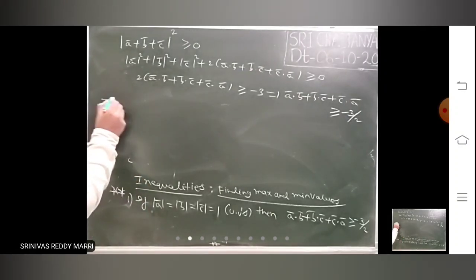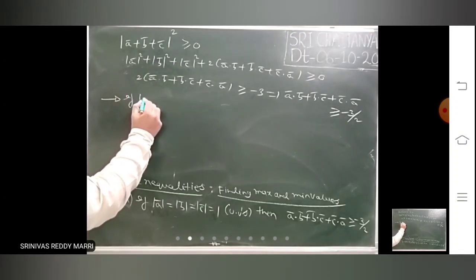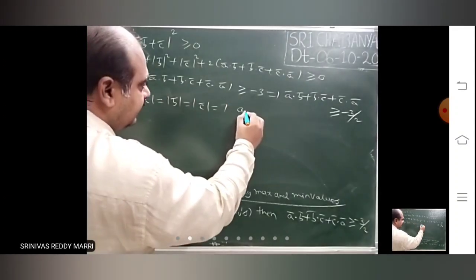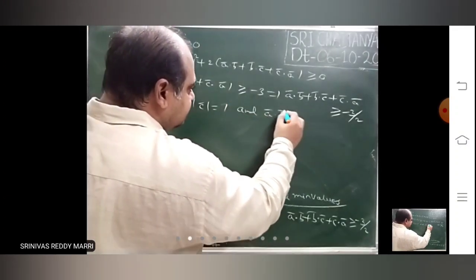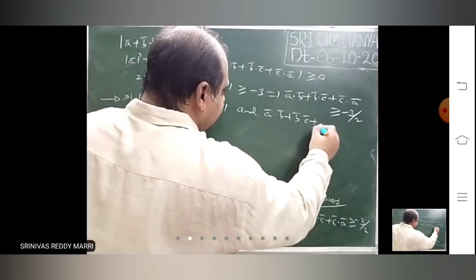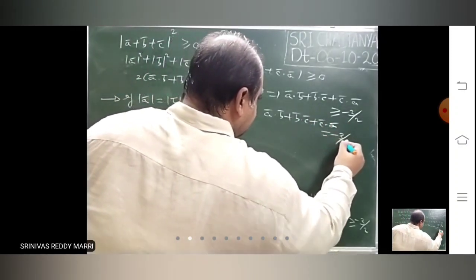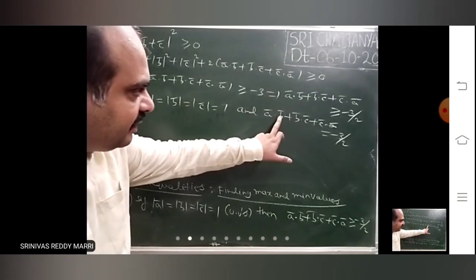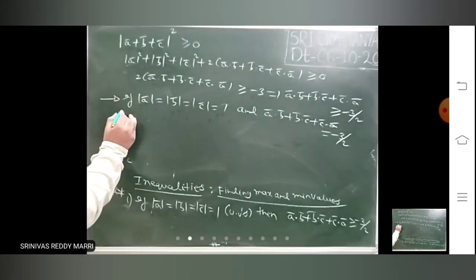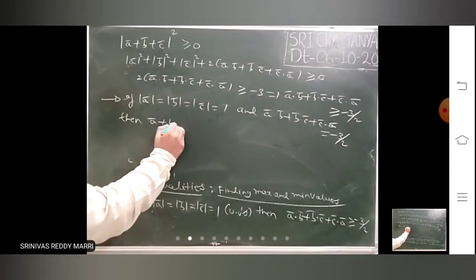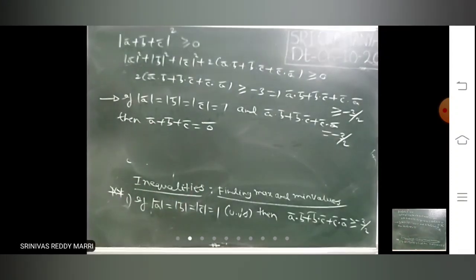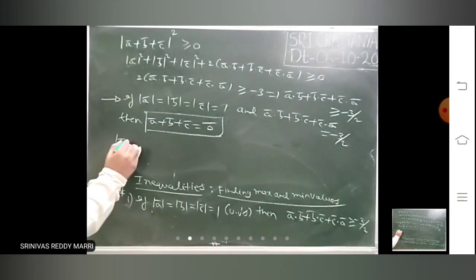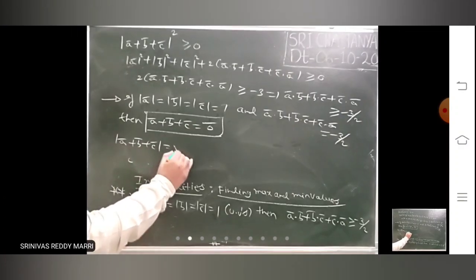Look at it. Suppose modulus A bar equal to 1 and suppose it is given like this: A dot B plus B dot C plus C dot A equal to minus 3 by 2. In the problem you got, these 3 unit vectors are given and this sum is minus 3 by 2. Then A bar plus B bar plus C bar will be 0 bar. So their resultant will be 0. Their resultant will be 0. Look at how. Suppose you calculate this. What is the formula?